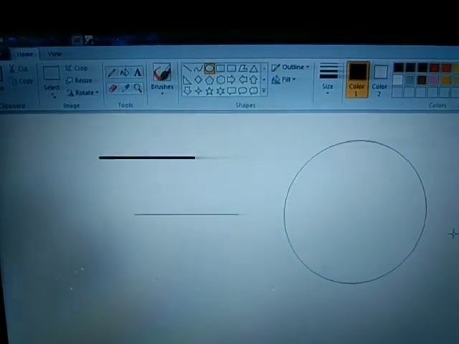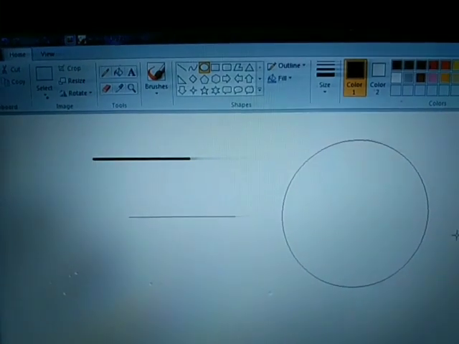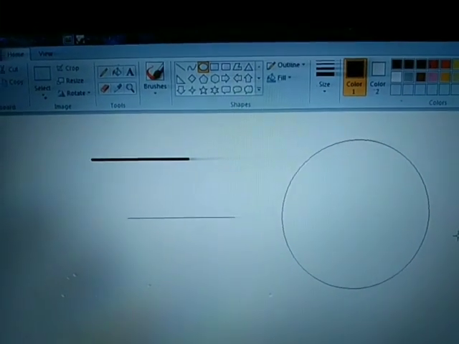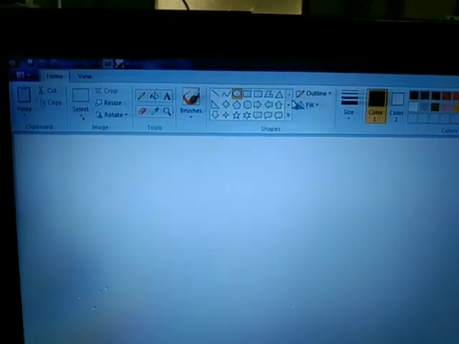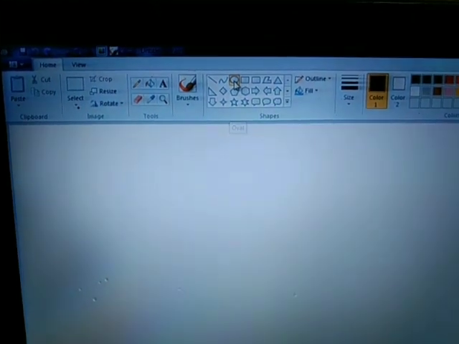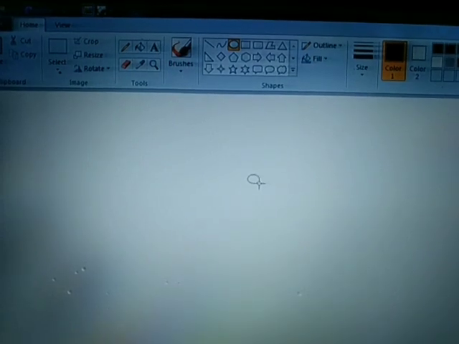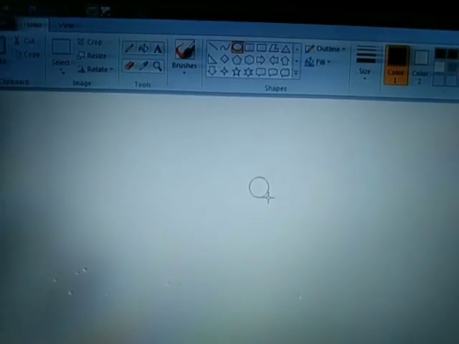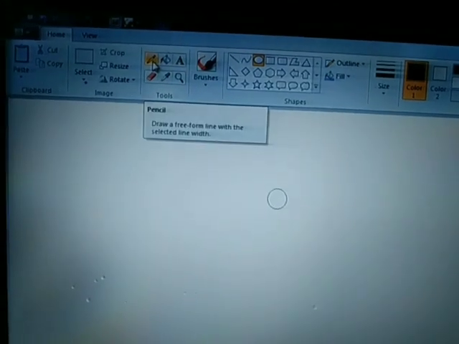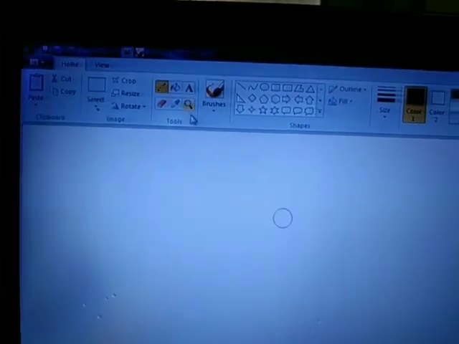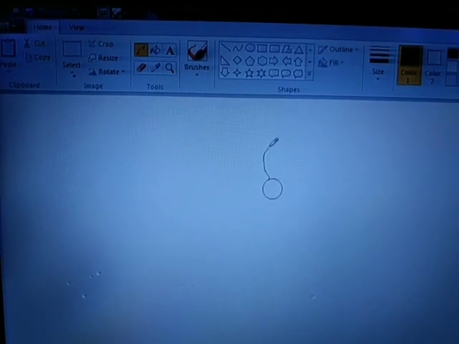And now students, using this pencil tool and the shapes, I will show you how you can draw a beautiful flower. So now the screen is a clear screen. I will draw a flower, the middle portion of the flower, the inside of the flower. I will draw using this circle. This is the size that I want. The petals I will draw using this pencil tool. So these are the petals.